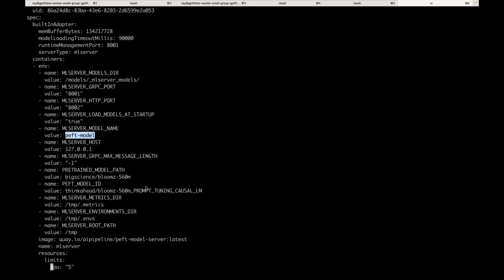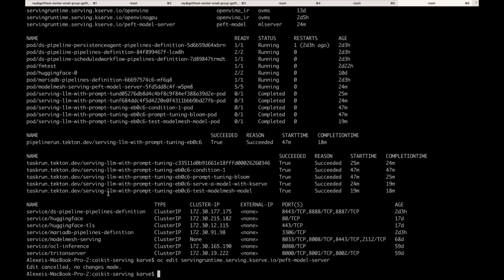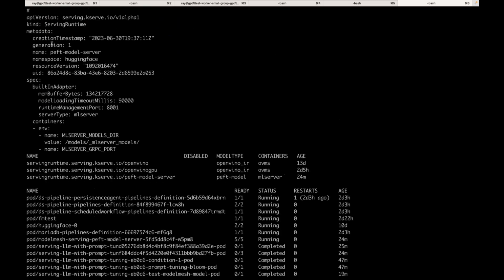So this was the image that we picked up. That was the other part of it. This was the base image that we pulled, and then this is where we are going to serve the model. So that was the custom engine itself. The other part is what do I want, what model do I want to run in this? So that comes from